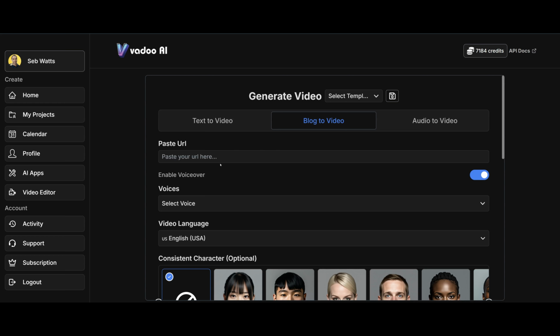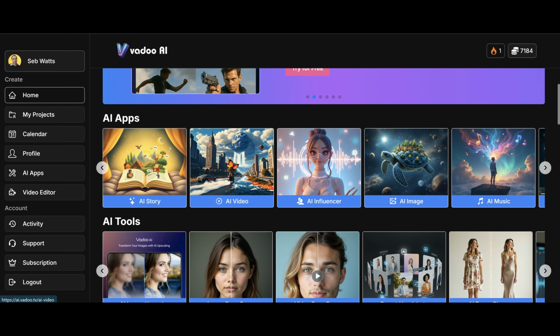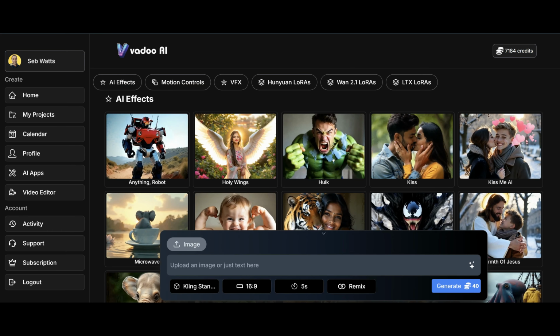For blog to video, it's the same, but you can paste in your URL and it will take that content from the blog and it will create a video for you. And then you have audio to video. So you would upload your audio and the AI would create a video based on that audio. So really cool. The next app is AI Video, and I'm going to really dive in deeply with this one,